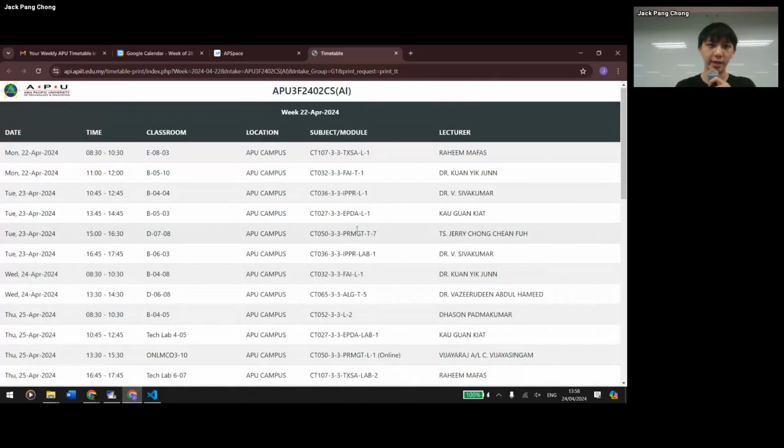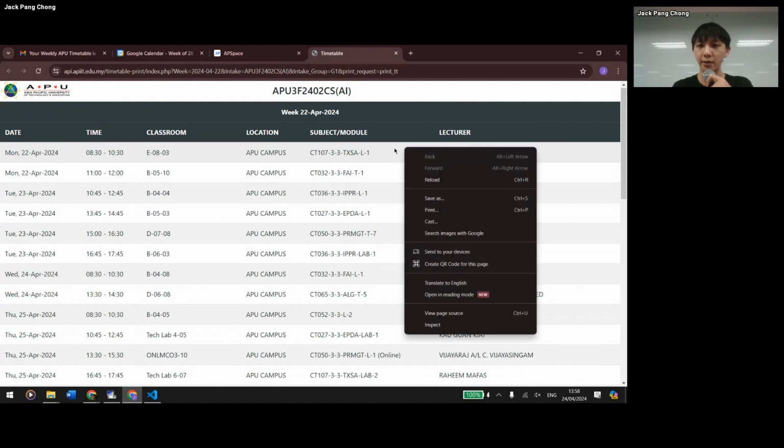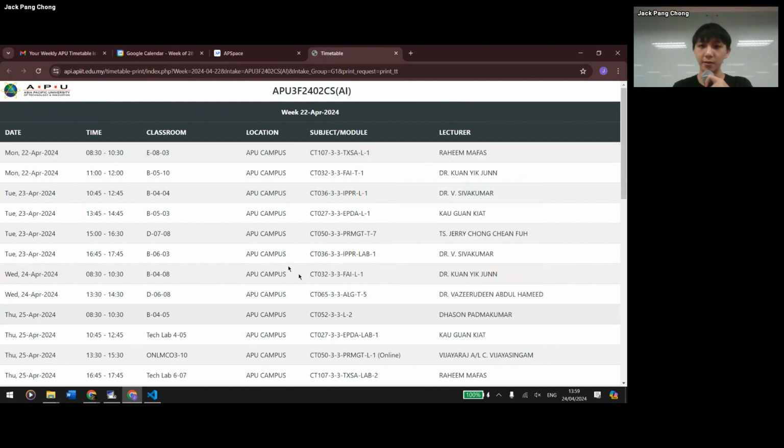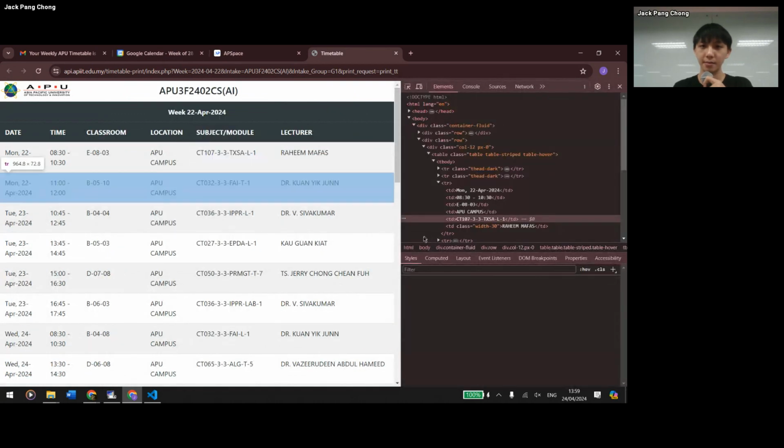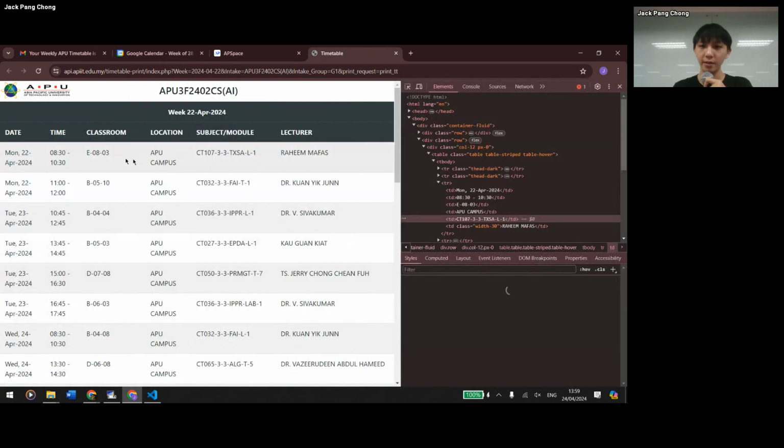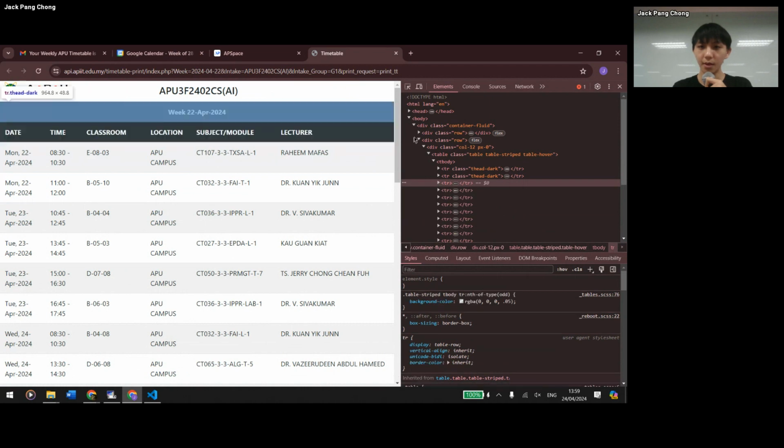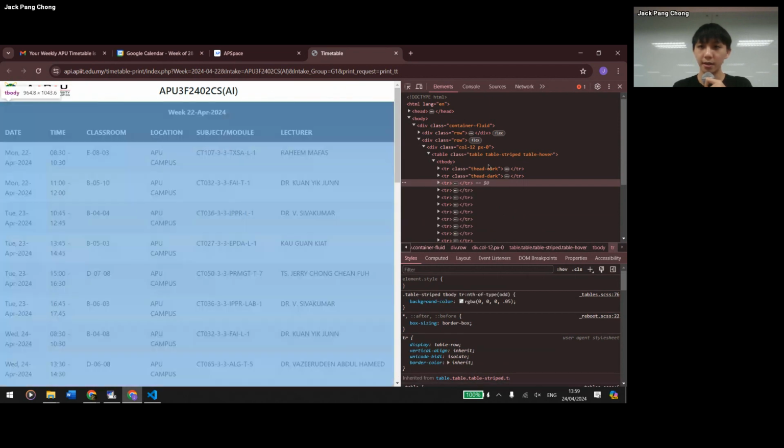Okay, so in this web page, we have to inspect the elements. We can right click on this table and click on inspect to view the elements. So in here, we can see in this table class,